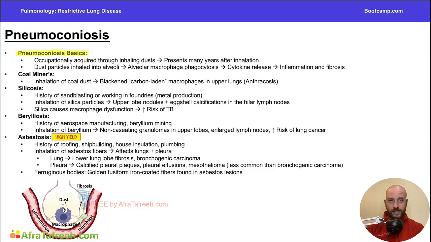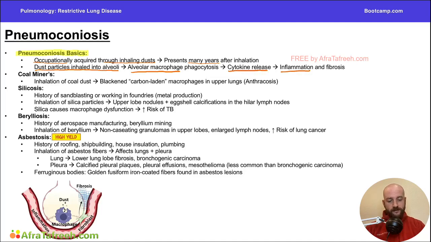The basic principle of pneumoconiosis is that in certain occupations, we can inhale certain dust particles, and then many years later, we can start to see a disease process develop. The basic pathogenesis is that these dust particles, once inhaled into the alveoli, will be phagocytosed by alveolar macrophages, and then those macrophages are going to release cytokines, which is going to result